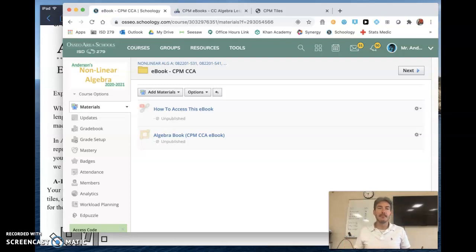In our first nonlinear algebra digital distance lesson of the year, we're going to be going through some material from the appendix in our CPM book. And I've got a Schoology course open. At this time in my Schoology course, this is where we have access to that